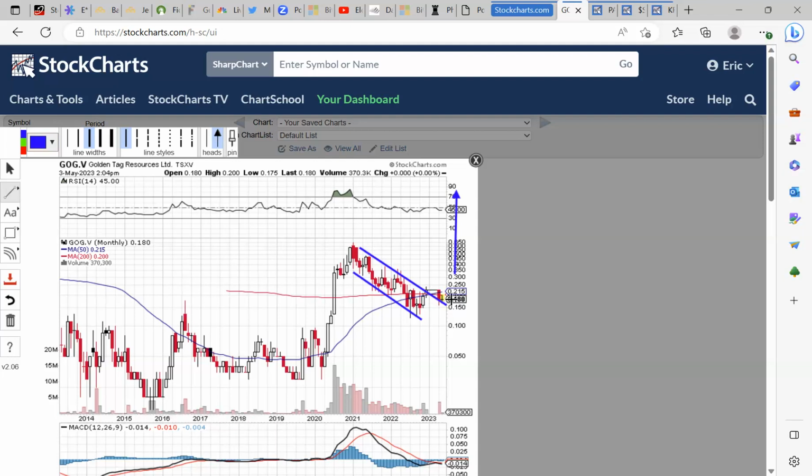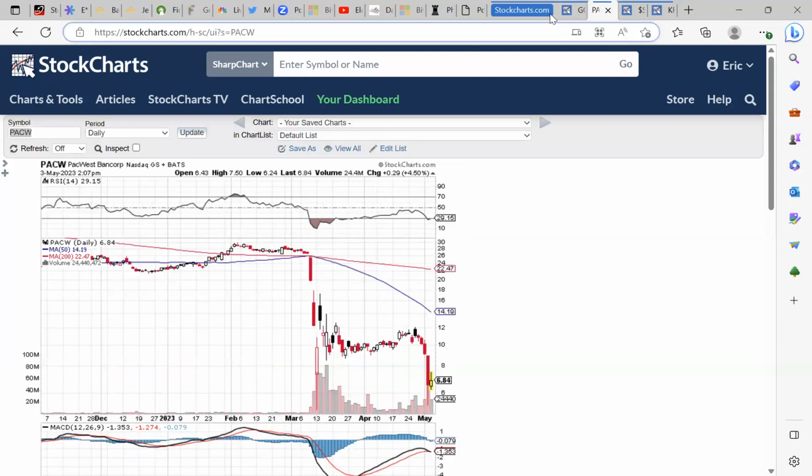This channel break, I think it's very encouraging. We would want to see one or two monthly closes, so we have to wait maybe a little bit just to see. But I think this stock, because of, let's look at really quickly,